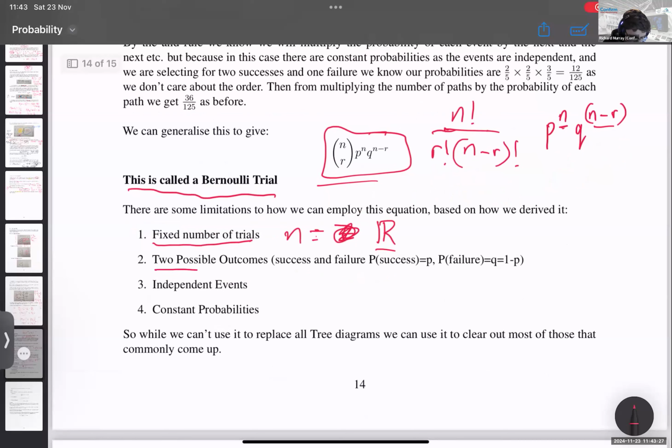We say that there have to be 2 possible outcomes, success and failure. And all we're saying here is that there are 2 outcomes and they cover the full probability. So P,